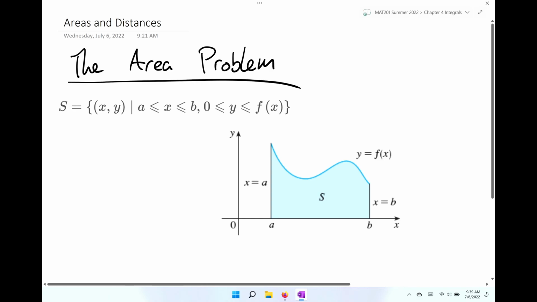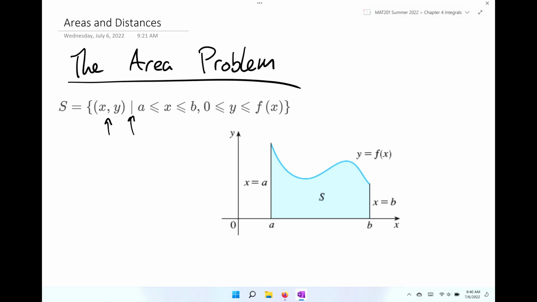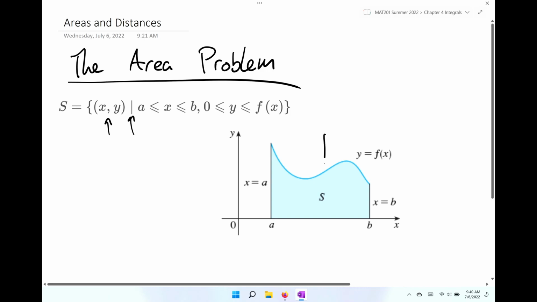So I'm going to be using one of the examples out of your book because it's a nice picture and everything, and my drawing or my artistic abilities are subpar, to say the least. But anyways, here we have S, and S is a region defined by any point x comma y such that x is in between a and b inclusively, and y is in between 0 and f of x inclusively. So that's what defines this region S. Now, the big question that I have for you is, what is the area